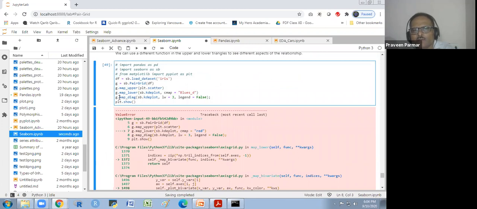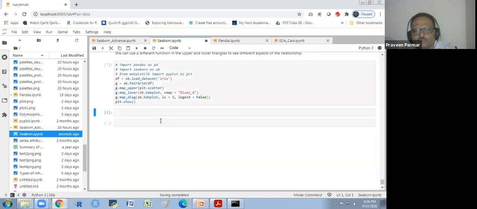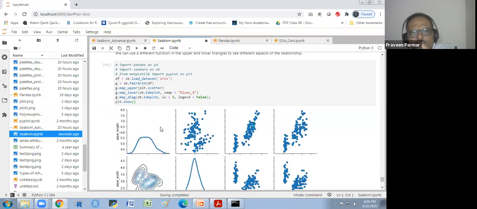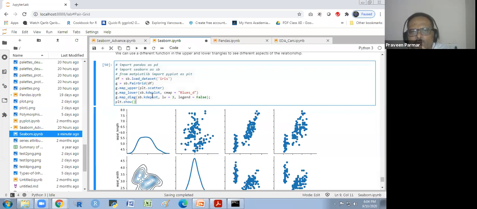And the map diagonal, in the diagonal what do you want? On the diagonal we are taking kdeplot with line width 3 and legend false. Okay. So we could take the histogram also here. If you want, you could take the histogram.